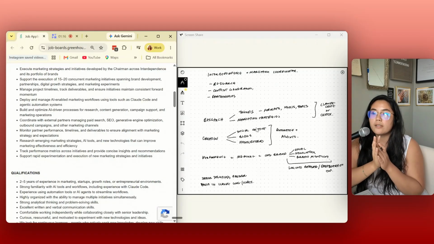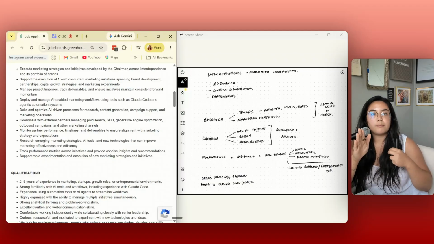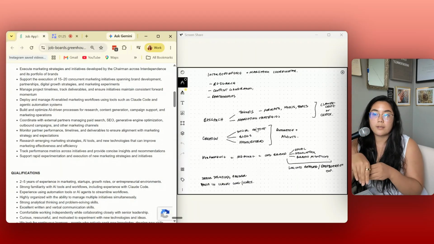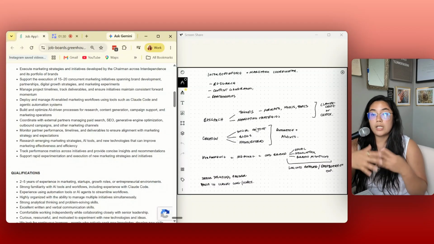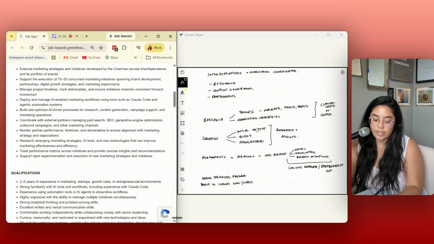So when it comes to research, I think the biggest research that we could focus on is trends, right? What is trending really well? What is the thing that is performing well within your client's niche? Are there specific formats when it comes to content creation, or hooks or topics, that the niche needs to represent or showcase in order to be on trend? We can build a trends agent.